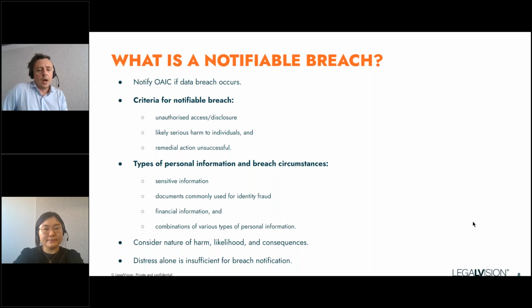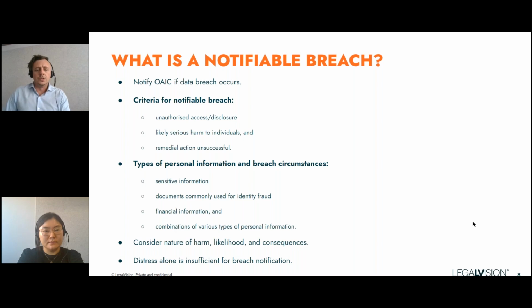The nature of the harm that may result from the data breach is important to consider in assessing whether there's been serious harm. Organisations should consider a broad range of potential harms that may follow from the breach. Some examples may include identity theft, significant financial loss, threats to an individual's physical safety, loss of business or employment opportunities, humiliation or damage to reputation, and workplace or social bullying or marginalisation.